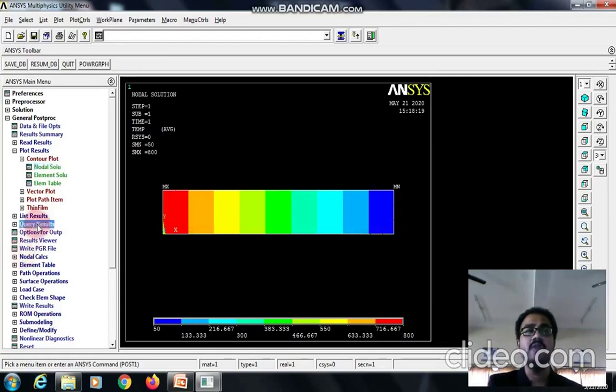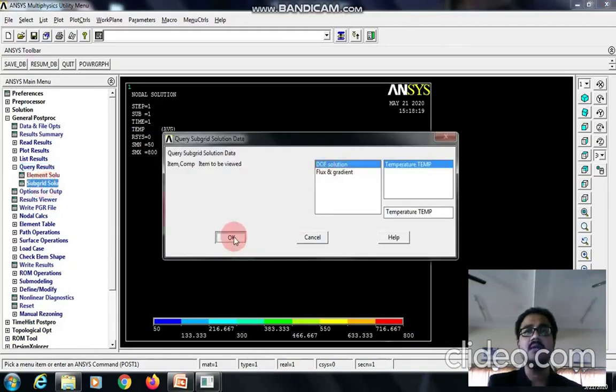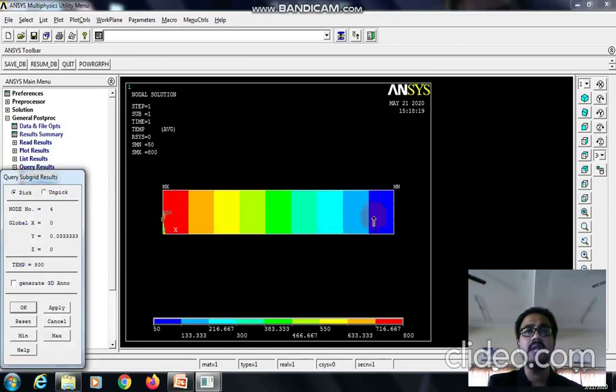Still, node wise we can check it by using the query results command. Go to the subgrid solution, select the temperature. See, this is 800, this is 50, and there is an influence of the 25 free end convection on the left side. That makes the temperature reduce from 800 to 50. So this is how this analysis should be done.